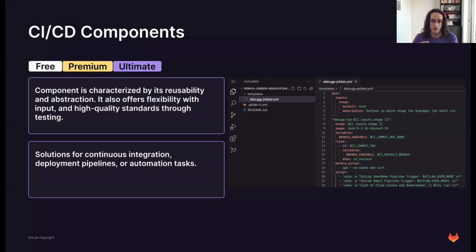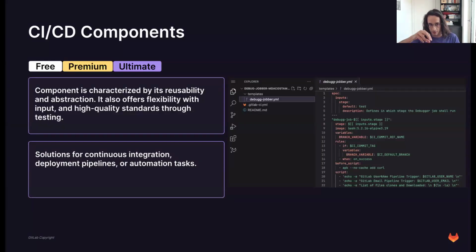Everybody in the organization can see the same kind of components in the catalog. There are options to scope your CI/CD catalog and components to projects and groups. That's doable. But you can have a centralized repository in case of the catalog where you can put your components, and everybody in your organization can see those.